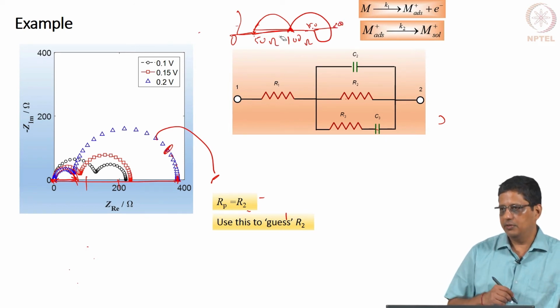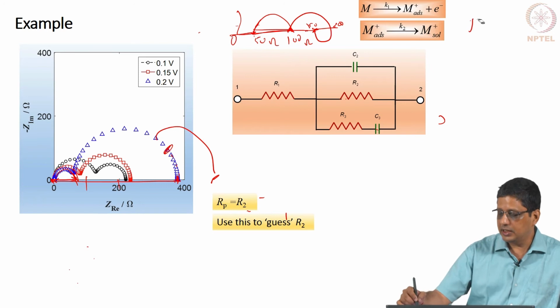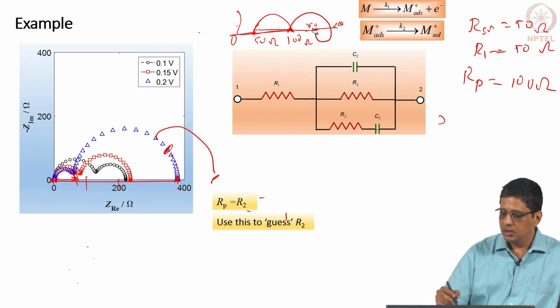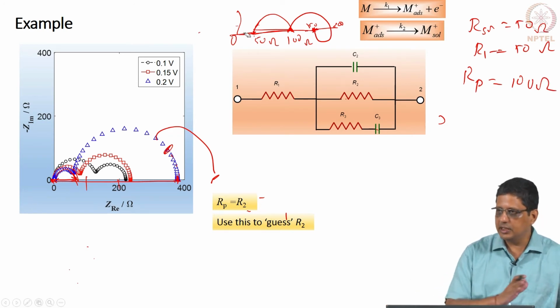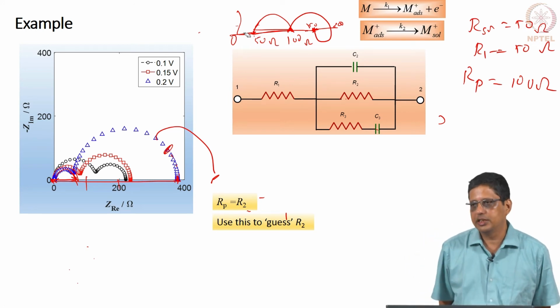RT is 50 ohm, this is 150, but that is RP plus R solution. Therefore, in this example I will say R solution is 50, RT is another 50, of course with whatever appropriate units. RP is going to be 100 ohms, because solution resistance is shifting this entire spectrum to the right, we see 150. So, you should subtract the R solution